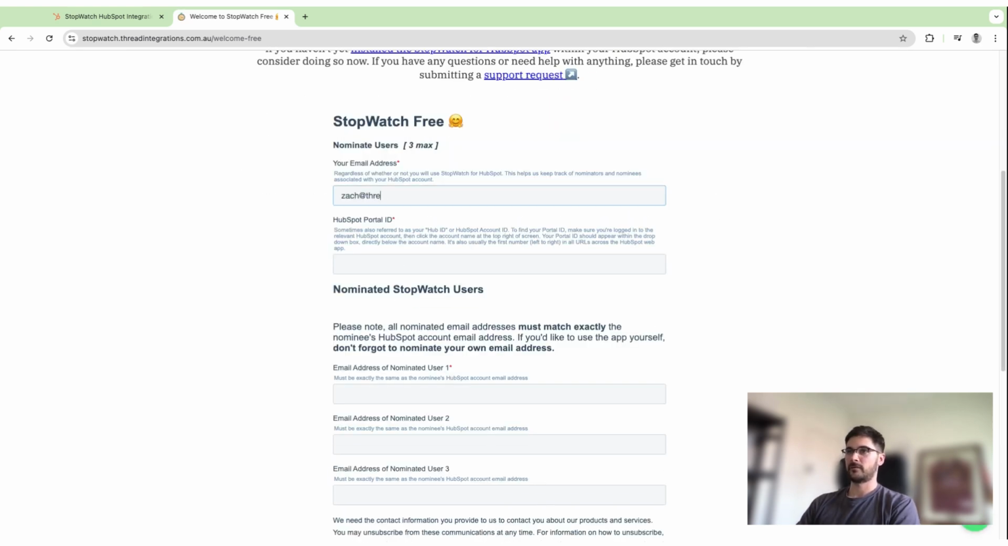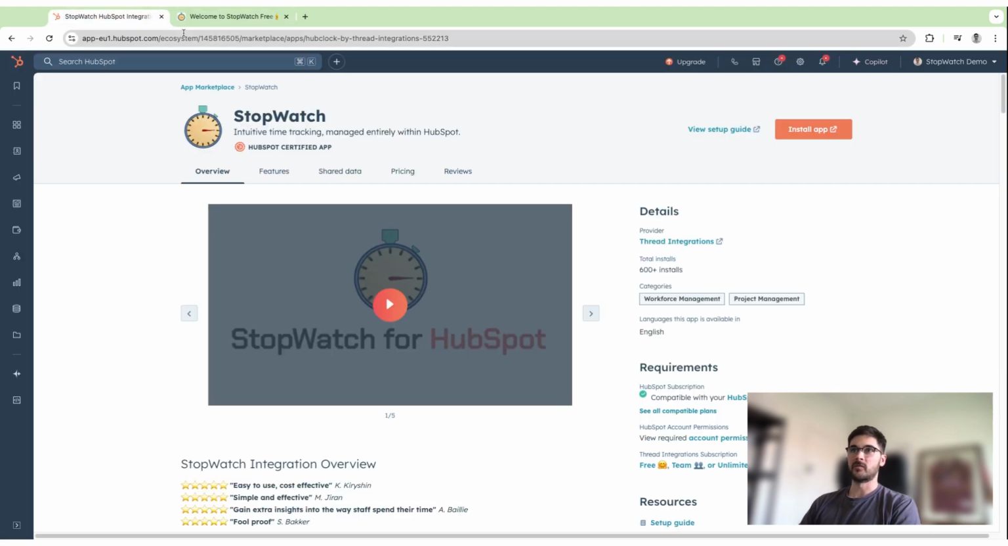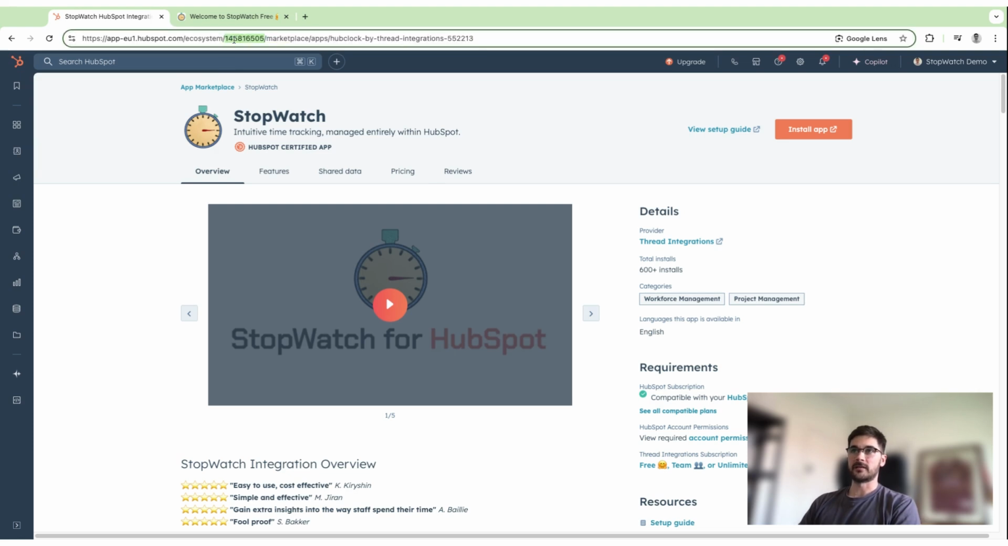Input your own email address. This needs to be the email address that you access HubSpot with. You need to input your HubSpot portal ID. You can find this within any URL from within your HubSpot portal or HubSpot account. It's usually the first number left to right in the URL. So I'm going to go ahead and copy that,